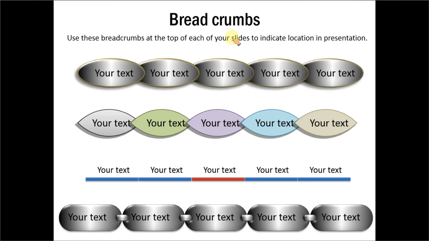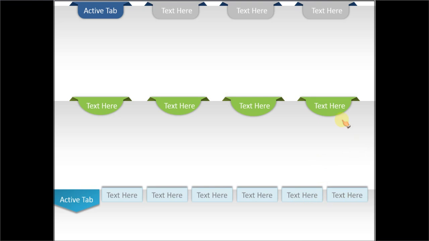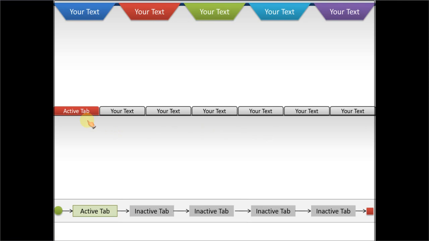Let me show you some more variations of the breadcrumbs or guideposts in PowerPoint. These are some examples, and we have created these using a circle, and we have used union shape here. Here we have created using pentagon and chevron shapes. There is no set way in which you need to create these guideposts. You can come up with your own creative variation. These are some other examples, and these are some more examples. These are the tabs that you can use at the top edge instead of at the bottom edge.